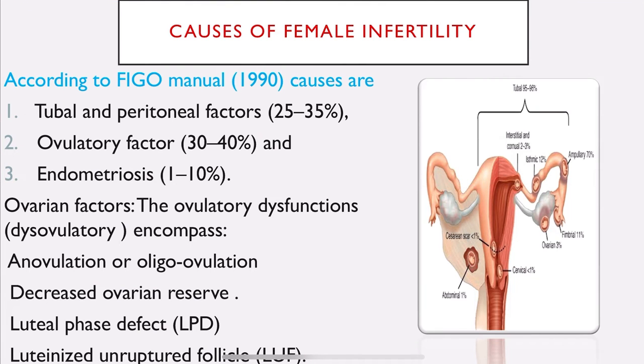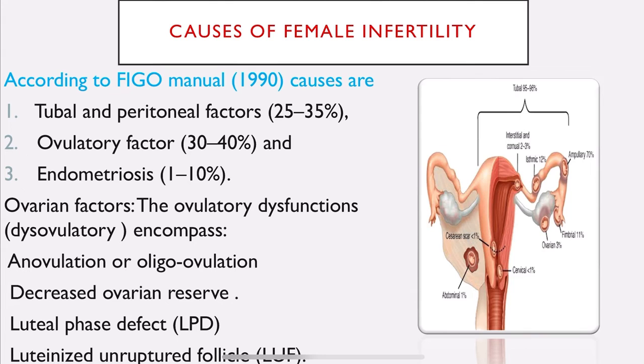In female infertility, according to the FIGO manual given in 1990, the causes are tubal and peritoneal factors, comprising 25 to 35%. So the fallopian tubes and the peritoneum account for 25 to 35%. Ovulatory factor is 30 to 40%. There is some defect in the fallopian tube and the peritoneum, that is 25 to 35%. Some abnormality in the ovulation, that is the ovaries are involved, the ovulatory factors will be 30 to 40%, and